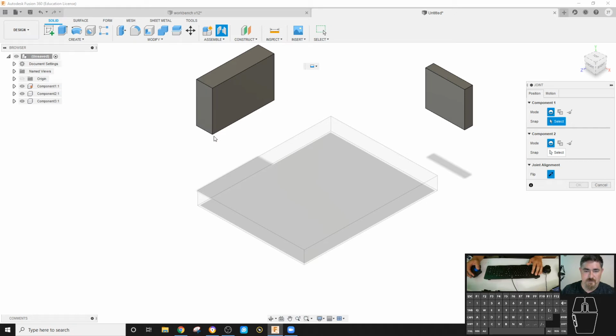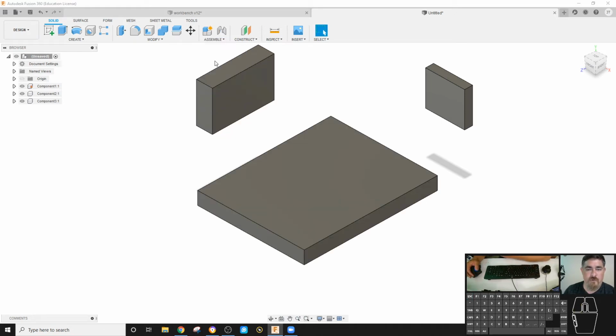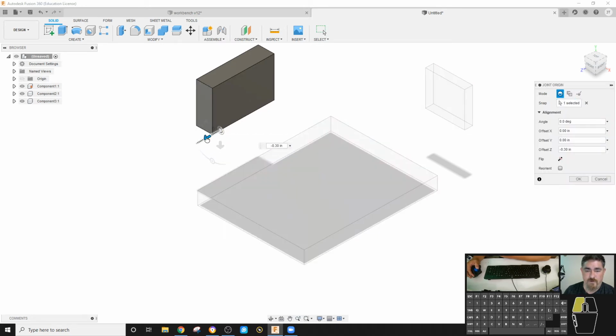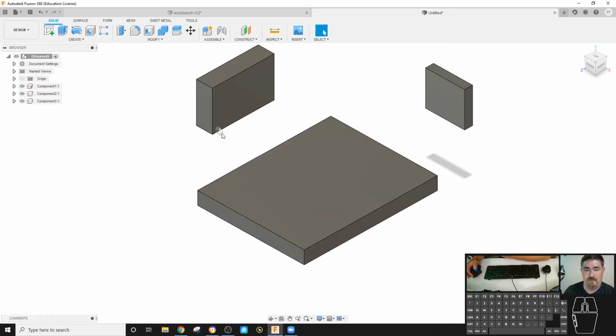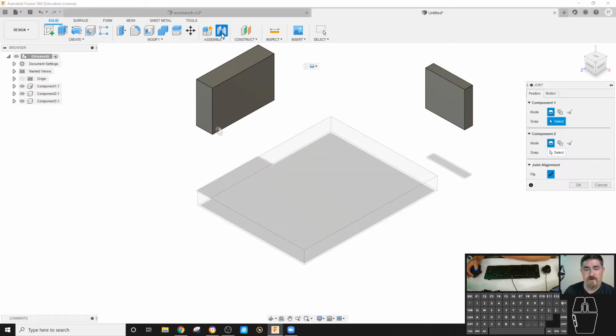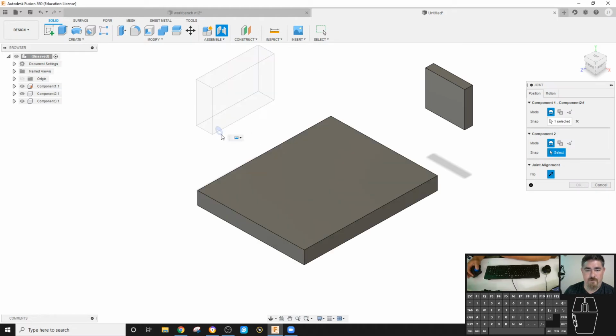But if I know I want, let's say I want this to stick out a 1/4 inch from there. So then I can go in joint origin, pick here, and drag it back a 1/4 inch. So now I've got that origin there. So now when I go to joint, I could pick that joint, and I can move over, and I can pick